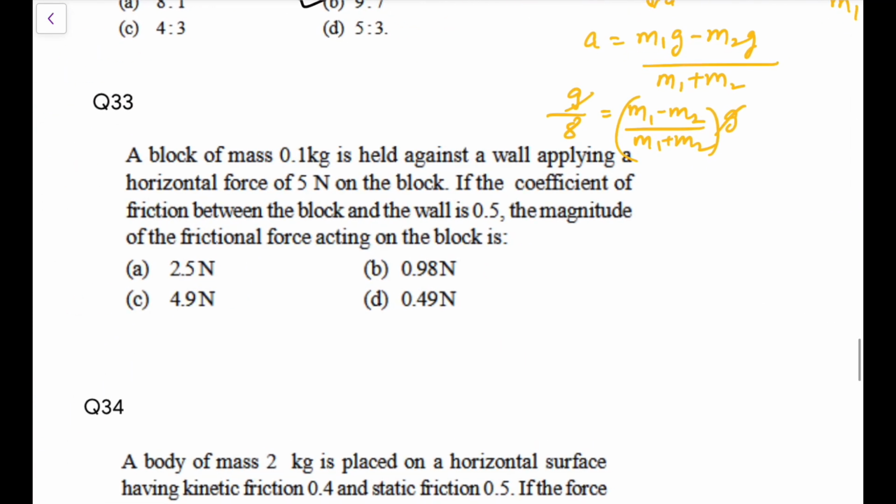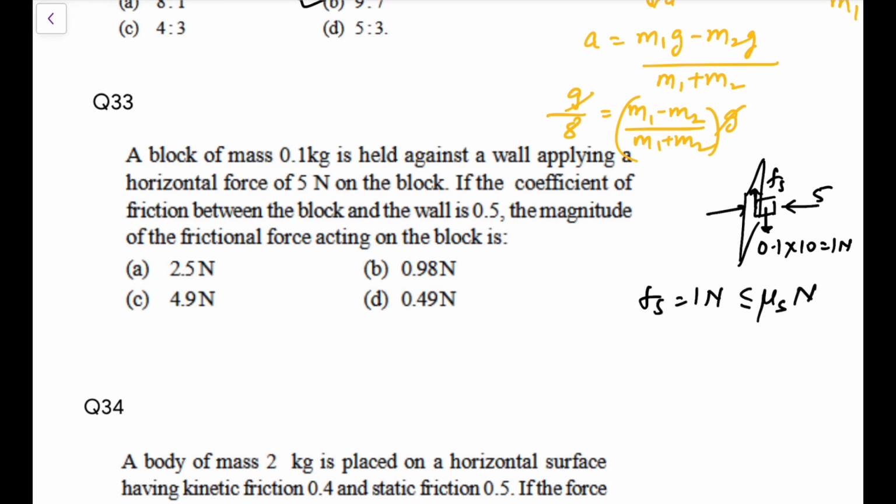Next, a block of 0.1 kg is held against a wall by applying a horizontal force of 5 Newton on the block. Let's say this is a wall, this is a block, and it is held against it by applying a force of 5 Newton. Its weight mg would be 0.1 into 10, that is 1 Newton. So definitely if it is held, the friction Fs must be equal to 1 Newton, and it should be less than or equal to mu s N, and the normal will be generated because of this 5 Newton force. So normal would be equal to 5 because it is not breaking the wall. So 1 should be less than or equal to mu s, that is 0.5